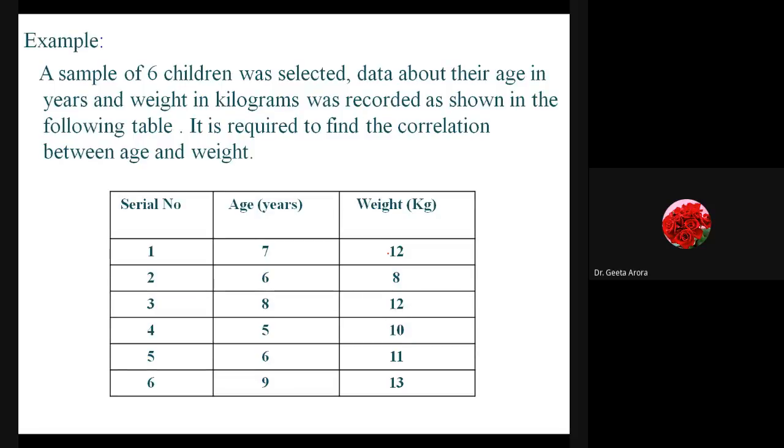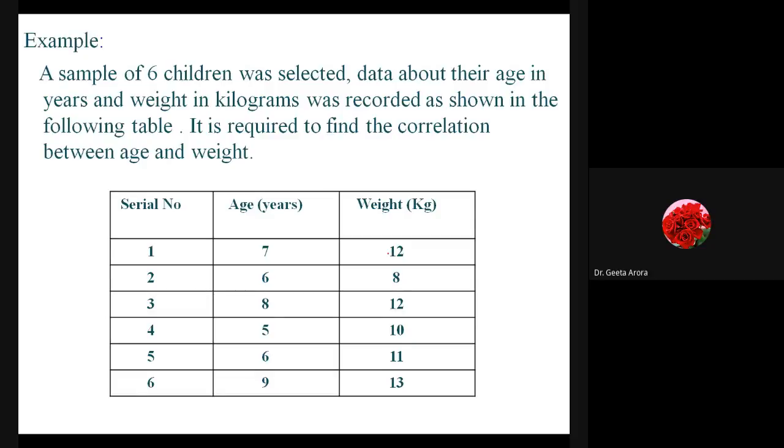Obviously there is a relation. But here we have to show it, because it is a known fact that as the kids' age increases, they have to follow a particular weight. If it is not following a particular standard weight, then it is falling either less than or more than it. So we have to actually be in a normal range. So here, in order to validate it, we have taken data, and the kids are of age 7, 6, 8, 5, 6, 9. We have two kids of age 6, but it doesn't matter, it is just arbitrary data, and their weights are also given. Right?